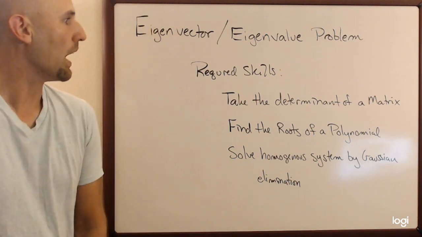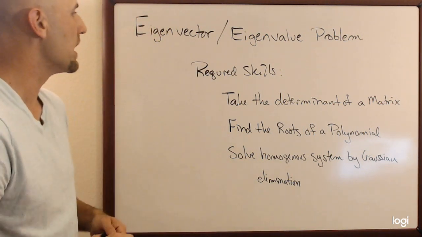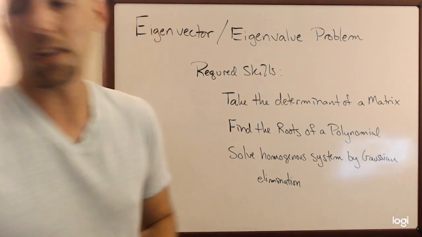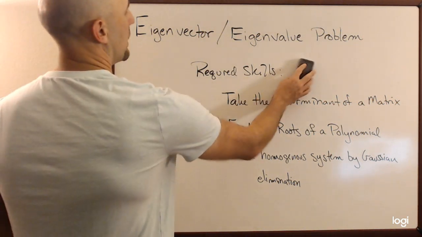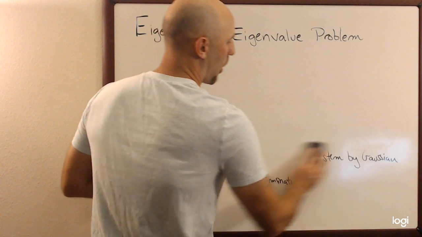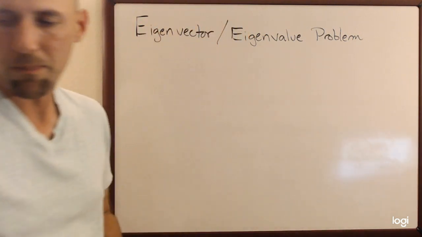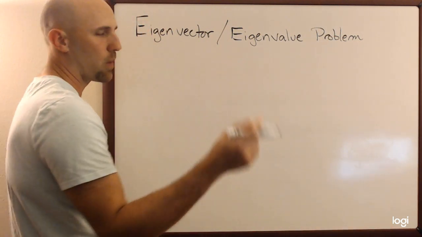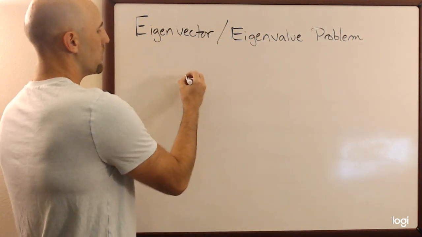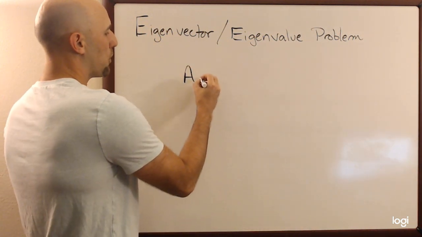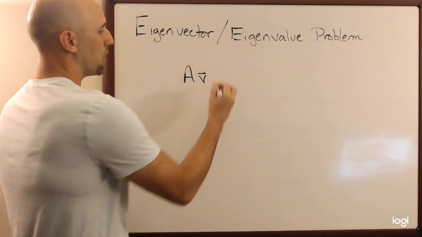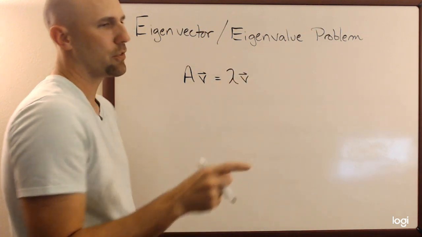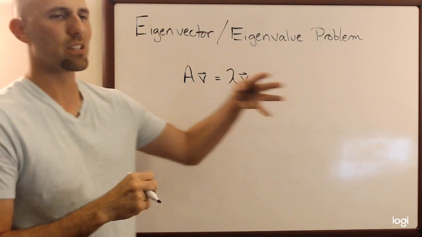All right. So with these things in mind, let's take a look at what the eigenvector eigenvalue problem actually is. At first glance, it seems a bit random. Suppose I have some arbitrary matrix A. There's nothing really special about this matrix, but for our purposes, we'll require it to be a square matrix since we're going to want to take a determinant later. So we have some matrix A, and I will left multiply A times vector v, and I'd like the result to be equivalent to some scalar lambda times v, and that's very odd,